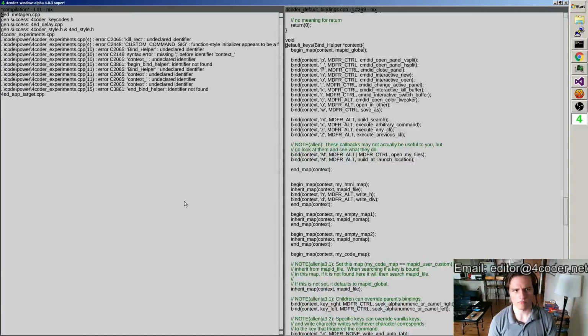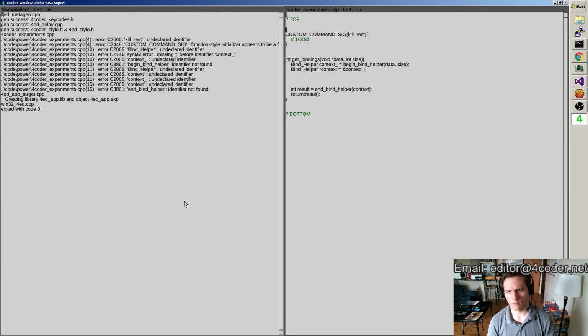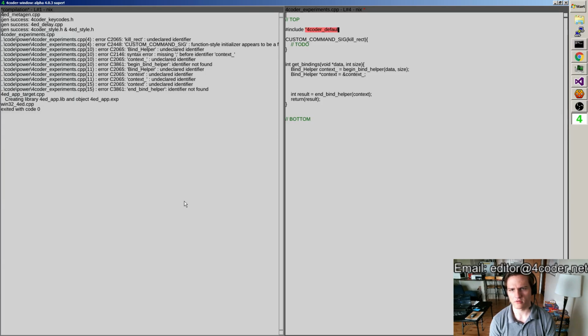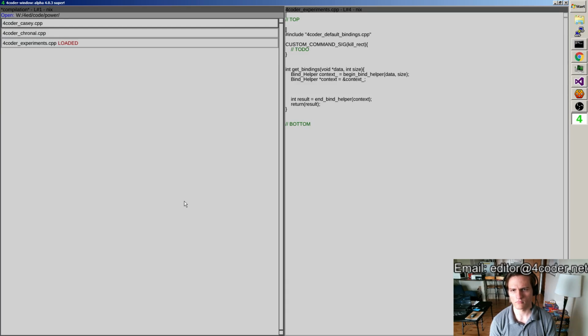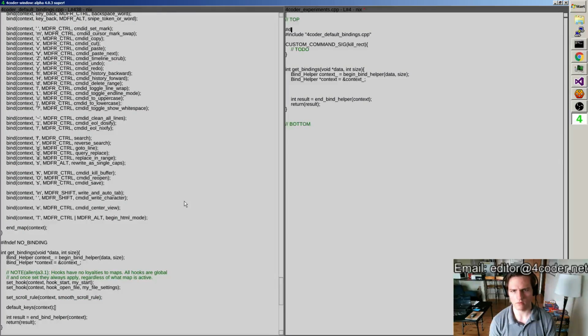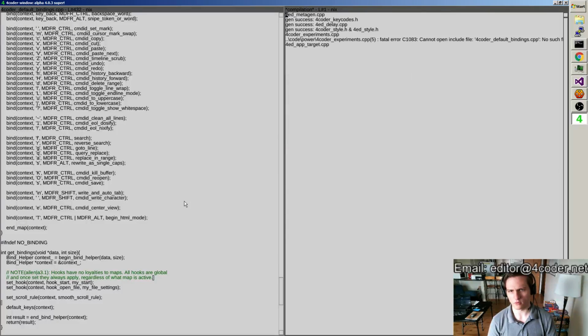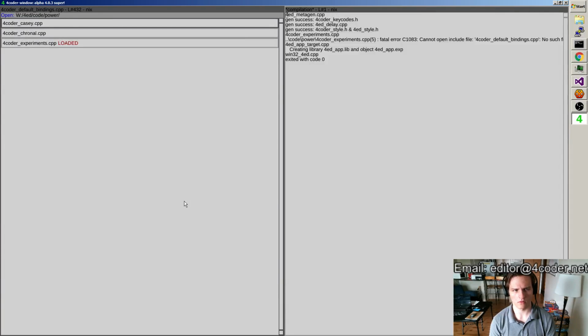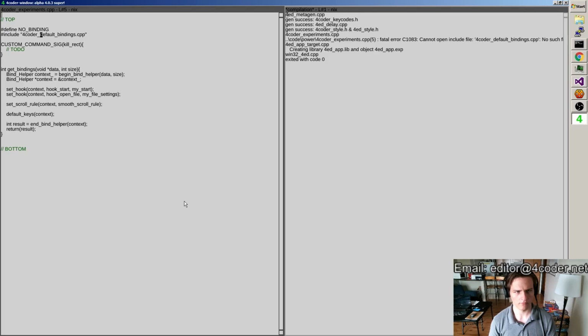Context. Experiments. Okay, so I want to include 4coder default bindings.cbp default, and I want to define no binding, and then I want default. Okay, so default keys worked there. And I want to use the same hooks as before for now. Experiments. Okay, so